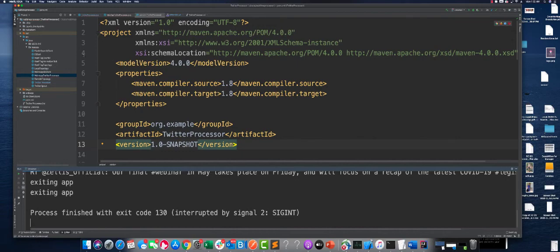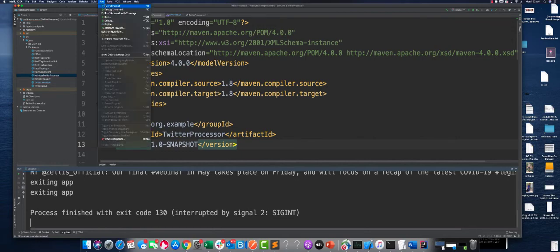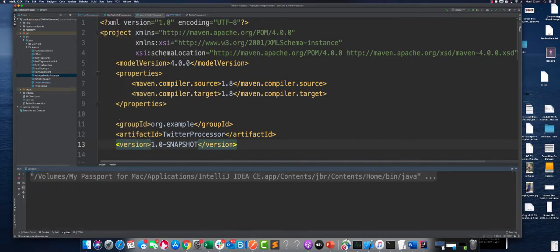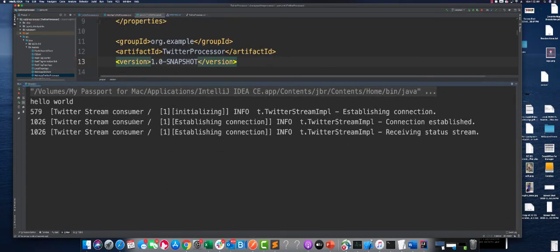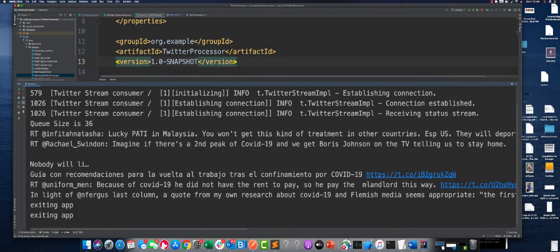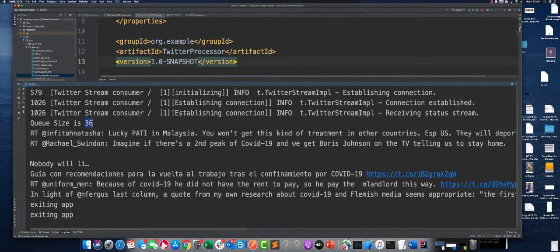I'm going to run the application by clicking on the run button. As you can see, the application is running. It's connecting to Twitter. The connection is now established, and it has received about 36 messages specific to the topic COVID-19.